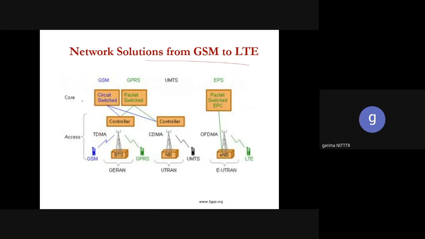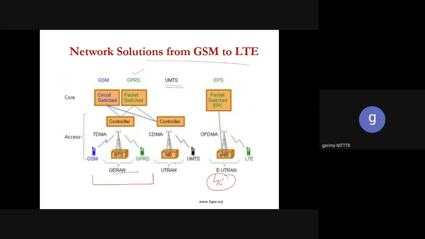that we have a core network having circuit switching and packet switching things, whether it is the 2G part, BTS connected to a controller, and that is connected to circuit switch and packet switch, which is GPRS or Edge. Then 3G, we have Node B. Node B is again connected to this part, and it is called the 3G UMTS part. But if you see, this is our 4G part or LTE part.